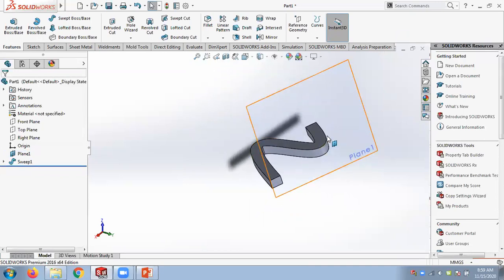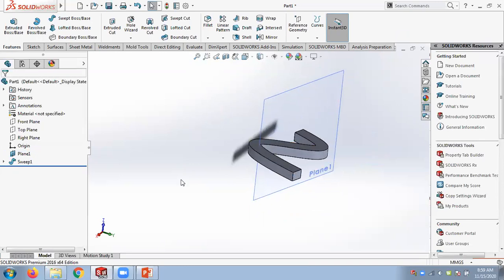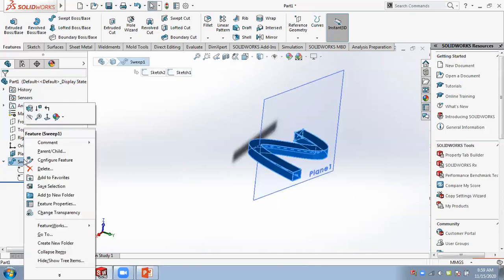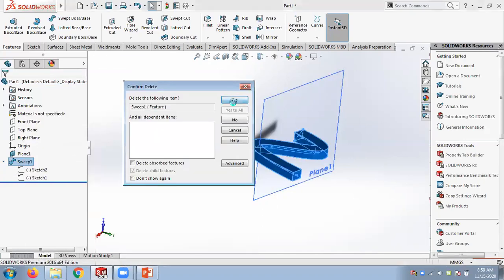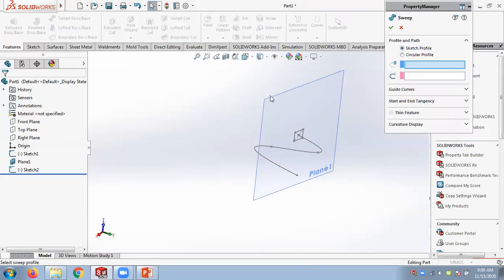So this is called sweep in SolidWorks. In a lot of software they say sweep. You have to have two independent sketches and the sweep. If I delete this one, I'll get back the two sketches. Now, if I select this again,